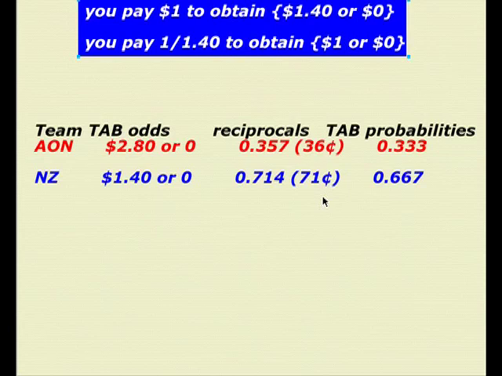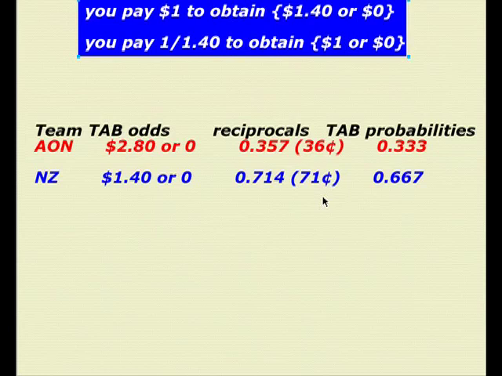Now, what happens is, when you have to buy and sell, if you quote odds or prices that add up to more than 1, then you can be made into a sure loser. What I'm trying to describe is the TAB is not a sure loser, but that's partly because they only sell tickets to us.